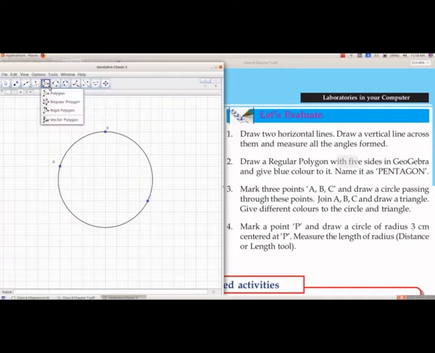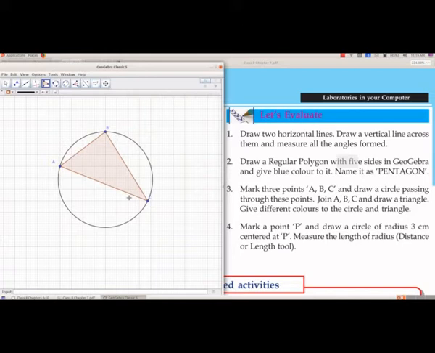So for that, from group 5 we will select polygon, and we have to select the point A. So bring the mouse pointer to the point A, and when we click the mouse and move the mouse, we will get a line. And now we have to select the point B. So again click on that point B. Again we will move the mouse, and then we will click on the point C. Again we will move the mouse, and we will select the point A.